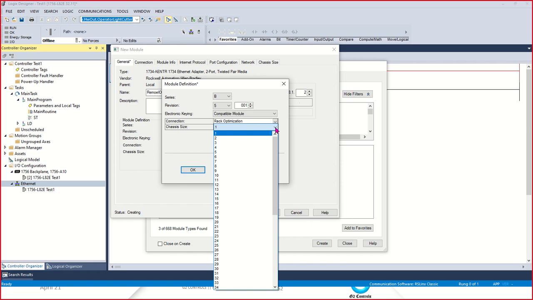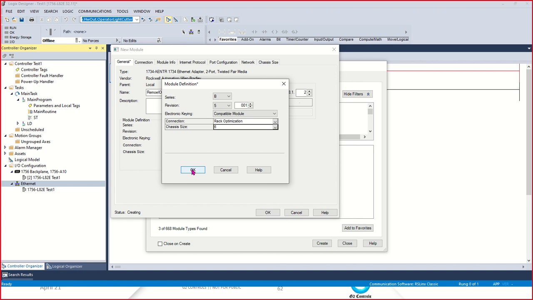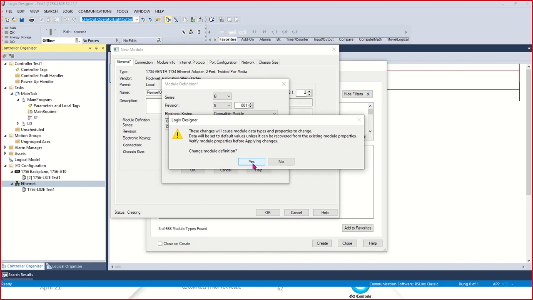We can select almost 64 slots, but I need to add only 4 slots. If I add 10 slots and configure only 2 cards, it also works, no problem. But I will just go with 6 slots, and click OK, and change the module